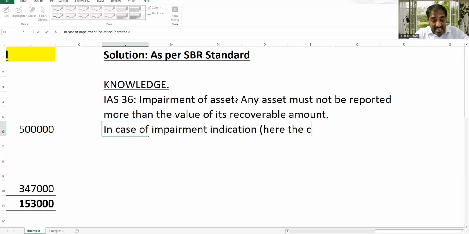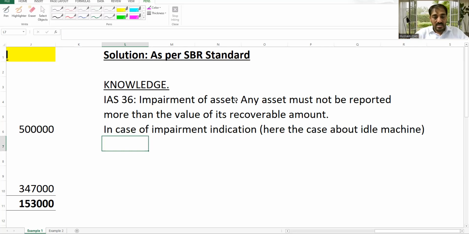Here the case is about an idle machine. The company, the entity, or if the case names one, for example, Hussain Qazi entity, so Hussain Qazi